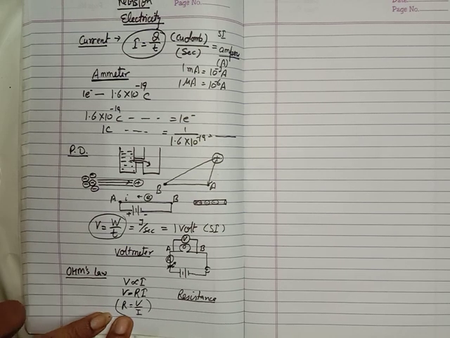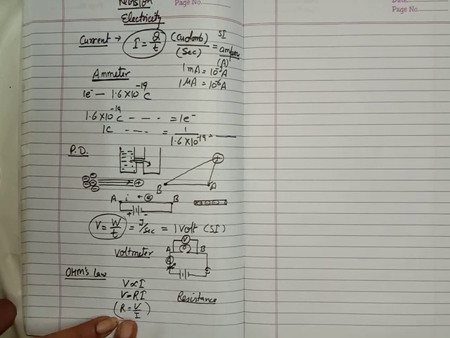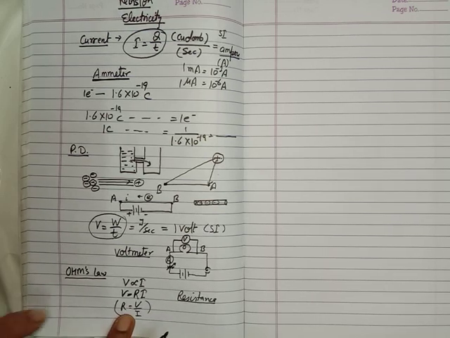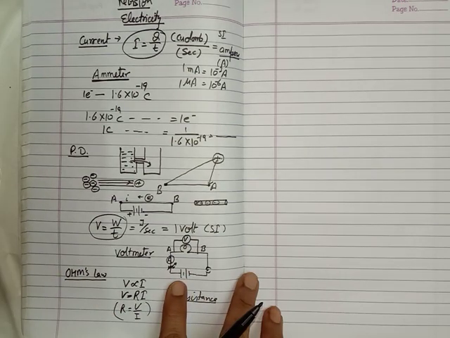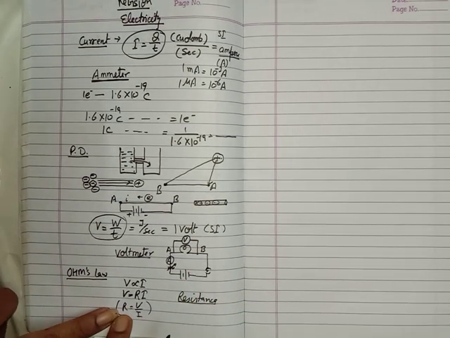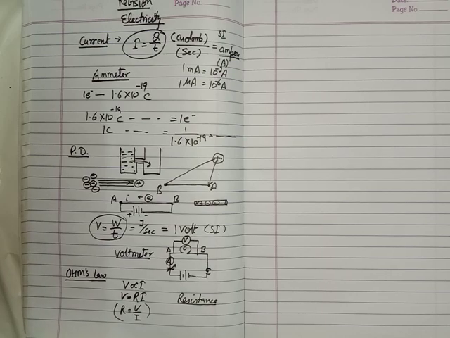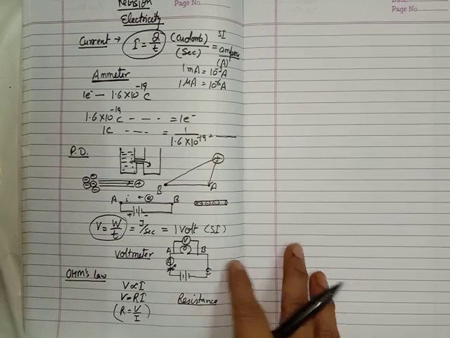Okay, this is the resistance of the wire, and the resistance is a constant value. At constant temperature it always remains constant for a given wire. Okay, and now about the resistance. Actually, what is a resistance? You have to understand the actual meaning of resistance.